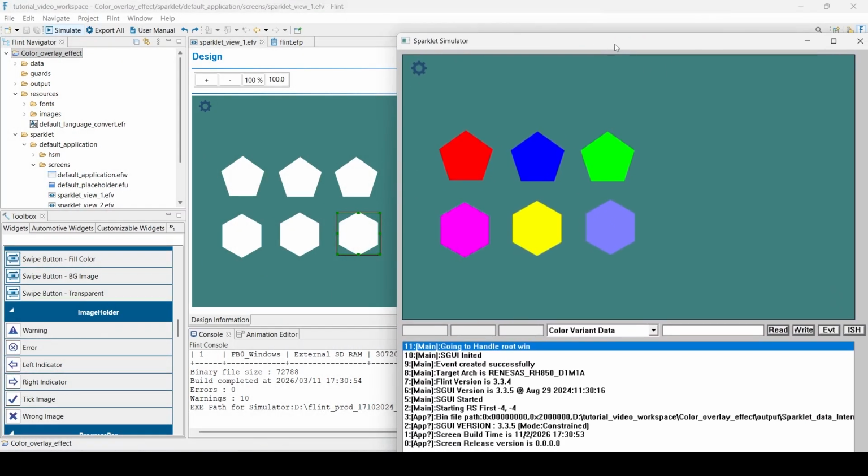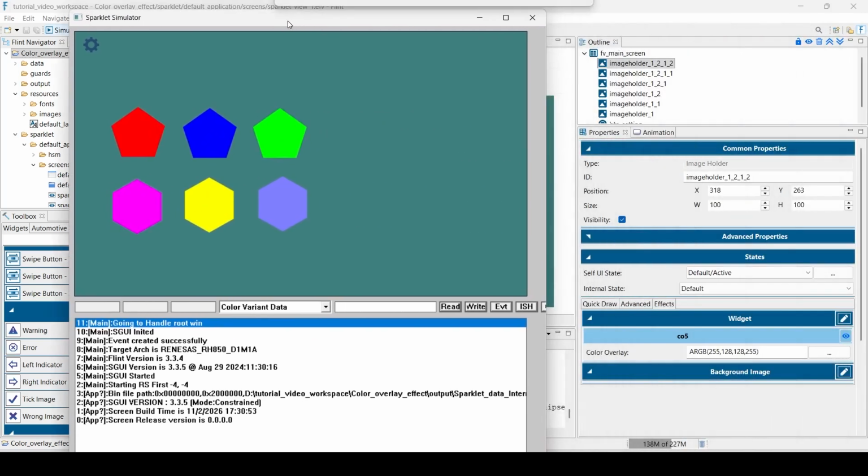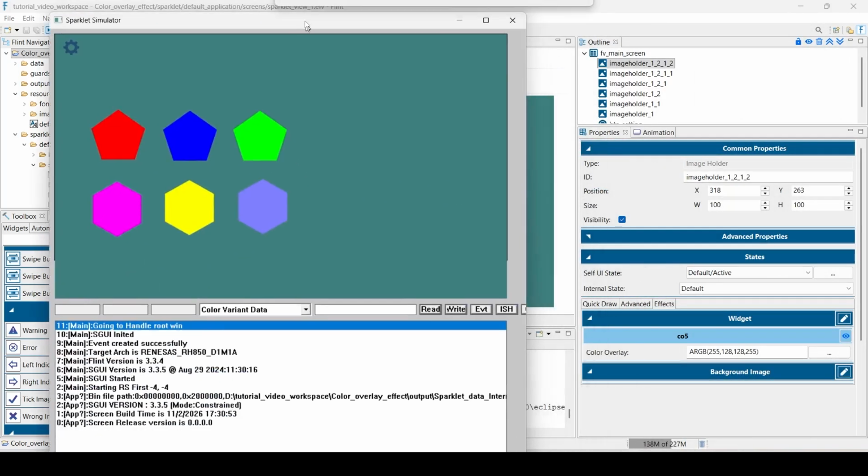colors efficiently. This is a simple and effective technique to reuse the same image with different color variations in embedded